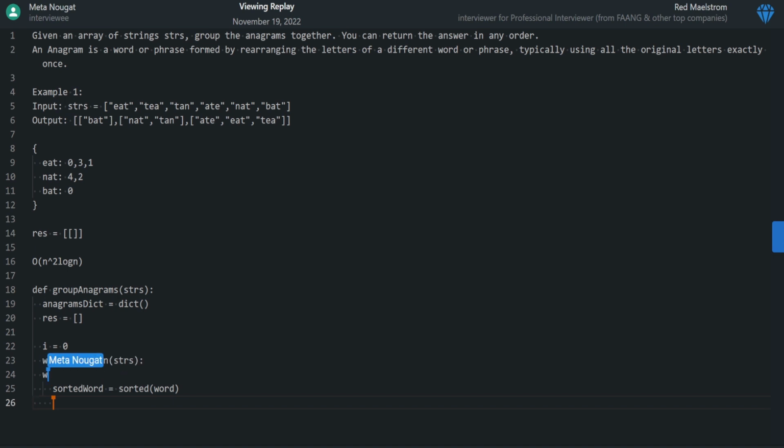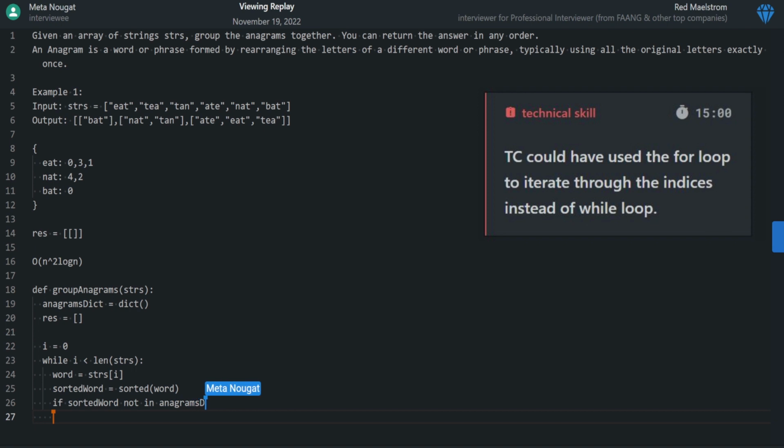And then word is equal to strings[i], and then we say something like, if sorted word not in anagrams dictionary,